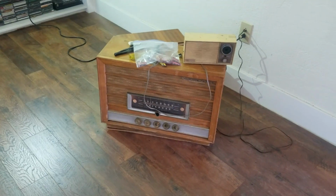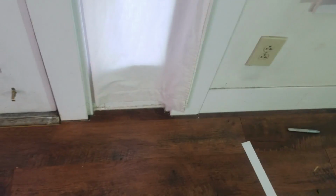Mary Jane Girls versus Bill Withers. That's a good one. Anyway,